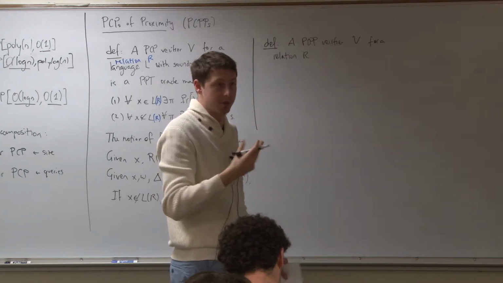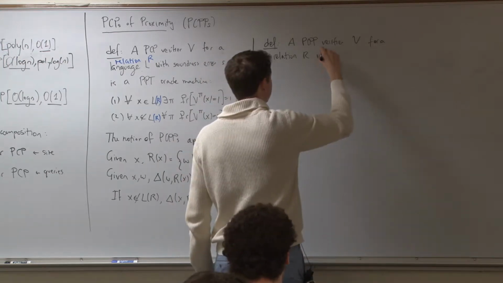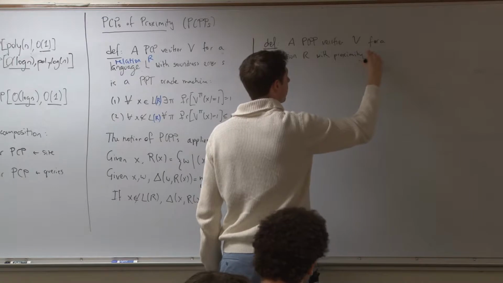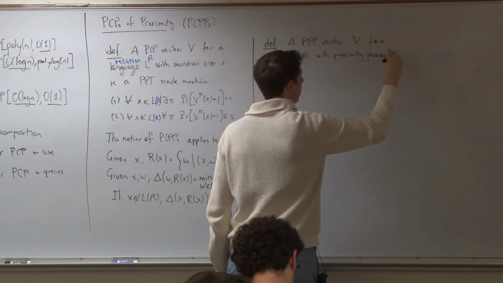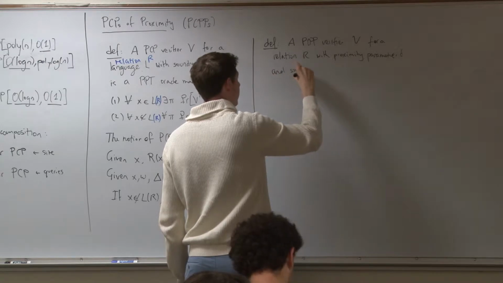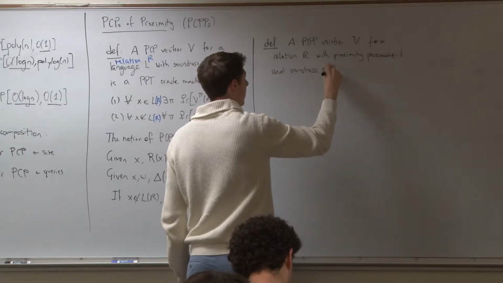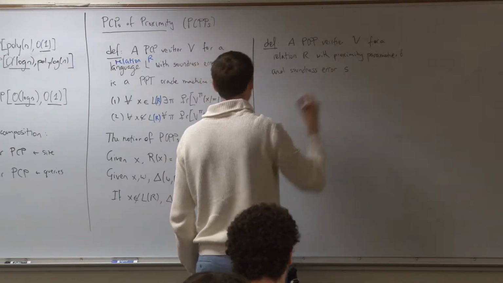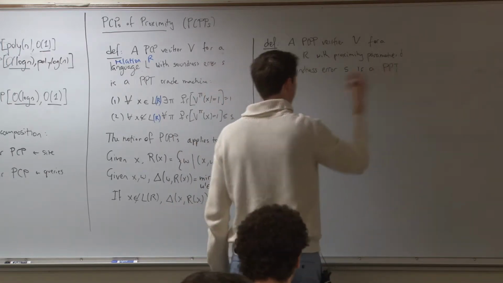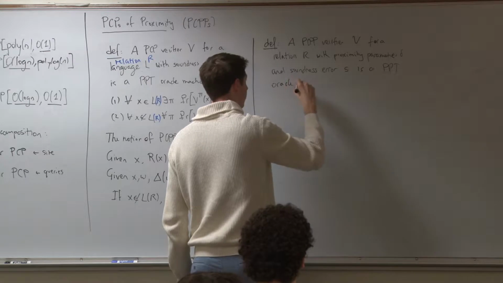It's called the proximity parameter, usually called delta, and soundness error s is a PPT oracle machine, like before,